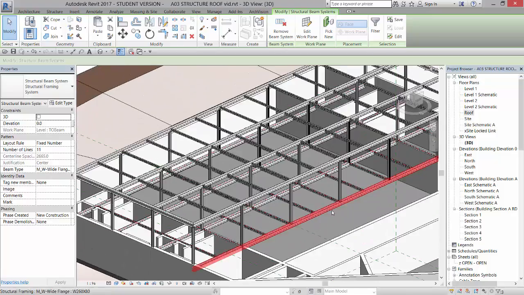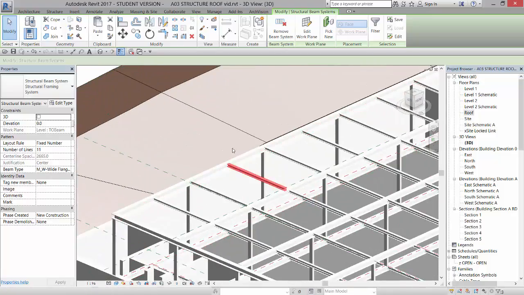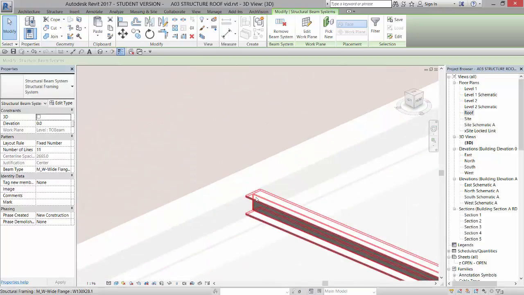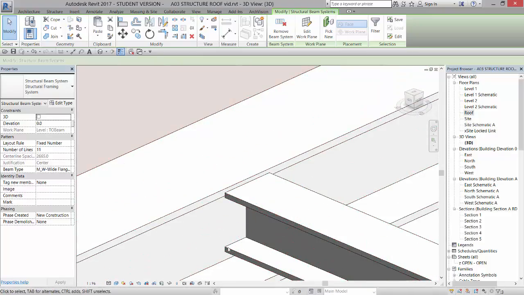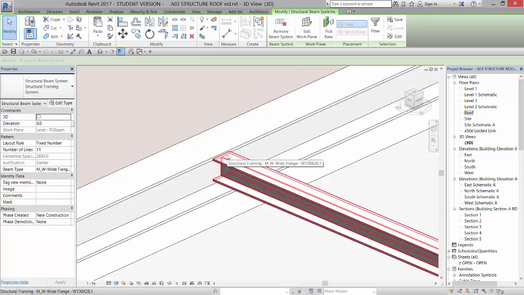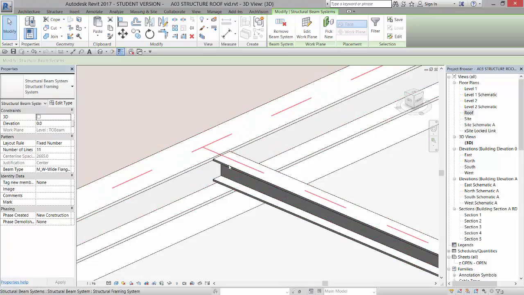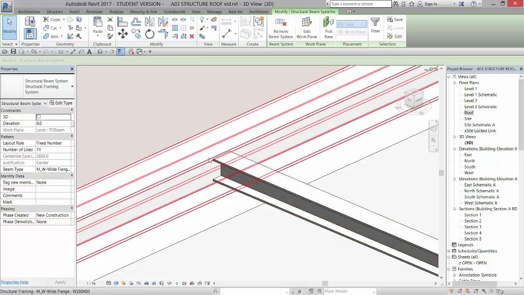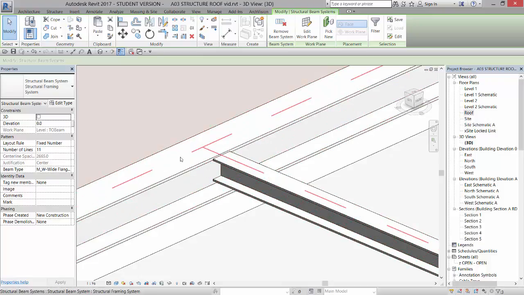So one last thing I want to talk about is if I zoom in on the intersection of one of these beams with the girder, you see that it backs off to the web with a little spacing. You can actually adjust this, but you would have to do it for each beam in particular. As we discussed in class, I would say use the beam system and the tools that Revit has as efficiently as you can. If you're doing an overall structural framing plan, you can just leave it as is. But if you need to clean it up, or you absolutely have to have this right up next to that,